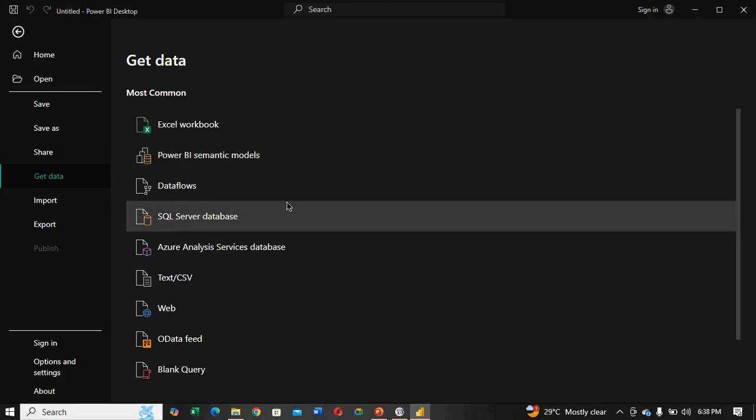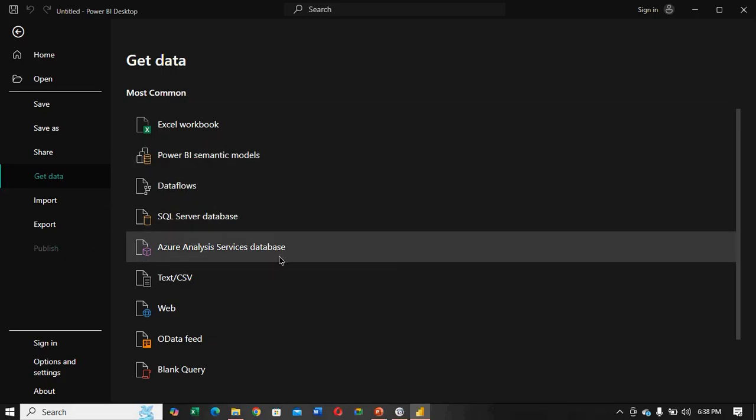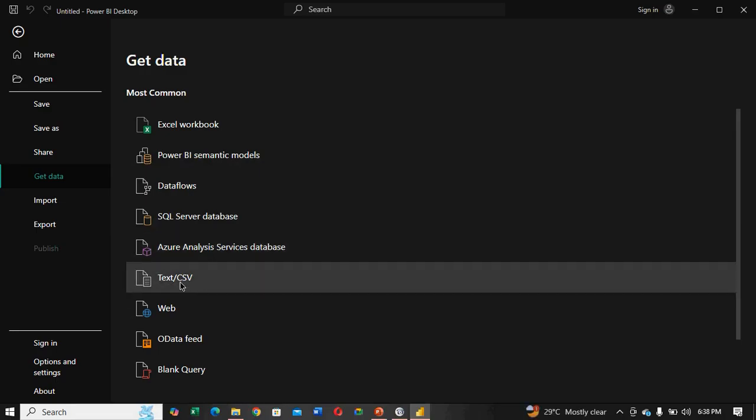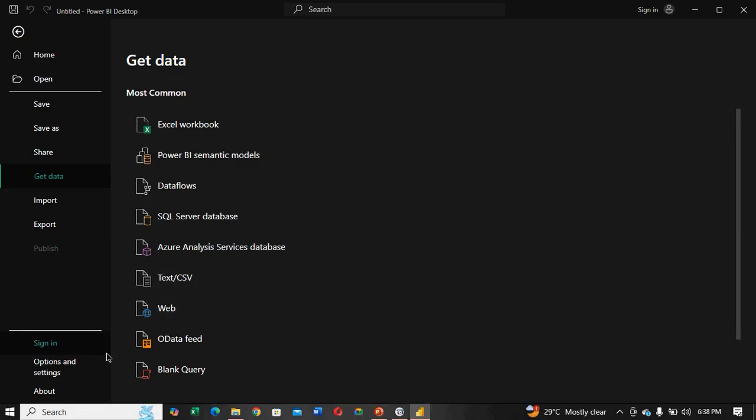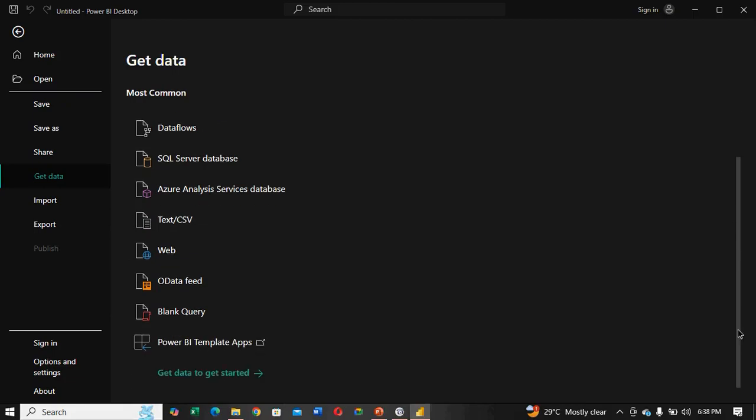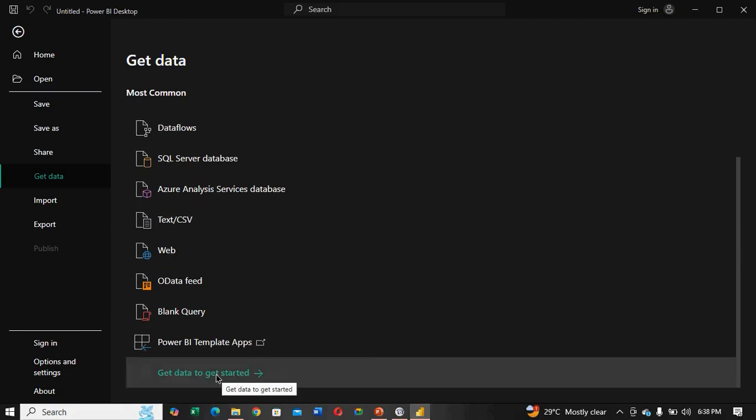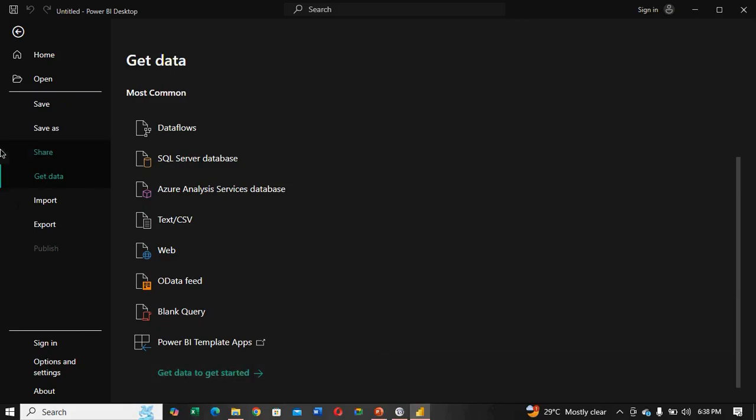This is a data flow, the SQL database, Azure, the Azure Analysis Services database, the CSV, the web. It is much longer than this. You can click on Get Data to get started and get data from different sources.